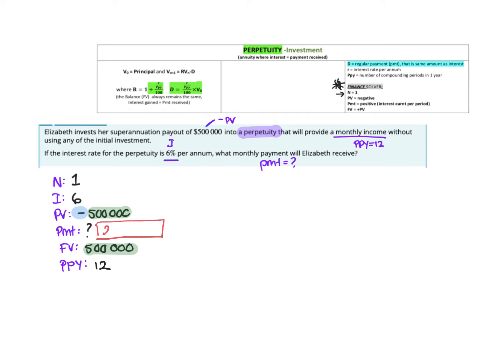Okay, so hopefully you got 2,500. So that is the monthly payment. So the monthly payment and also the interest on this is also 2,500. Just to pop into your notes, when you have a